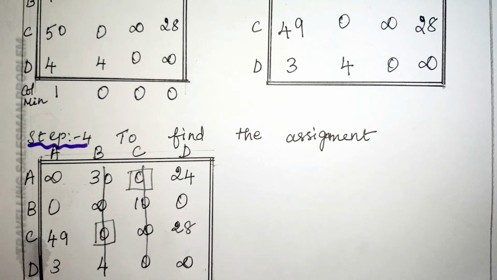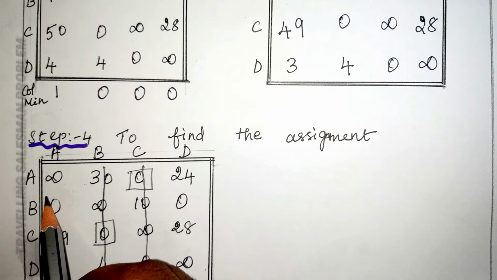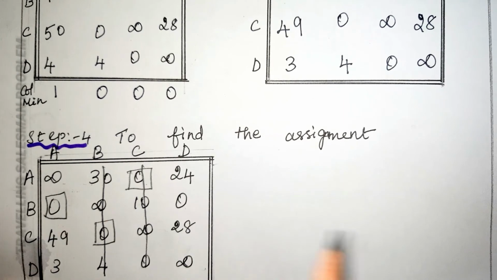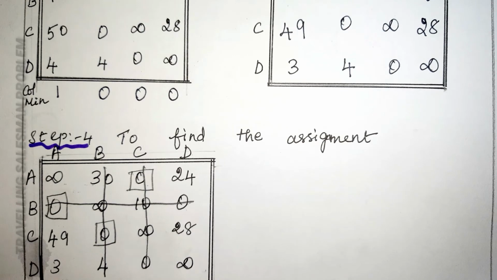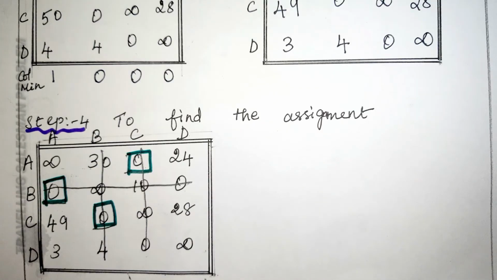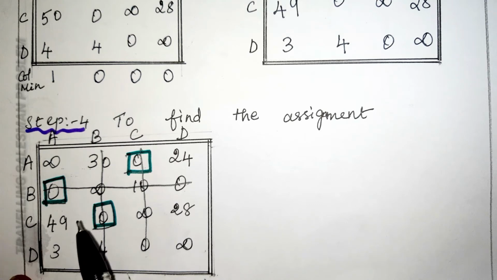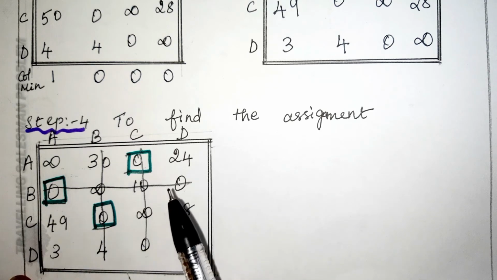Once we complete the row scanning, you have to check whether all the zeros are covered or not. Here some zeros are not covered with the lines, so we have to go for column scanning. In the first column, we have a single 0, so you put a square on it and draw a horizontal line passing through that 0. Now the second column and third column are already canceled, and the fourth column has no zeros. After row scanning and column scanning, you have to check whether all the zeros are covered with lines or not. Here all the zeros are covered with lines.